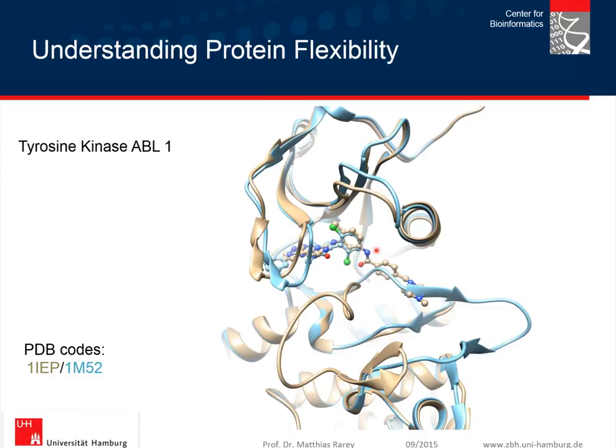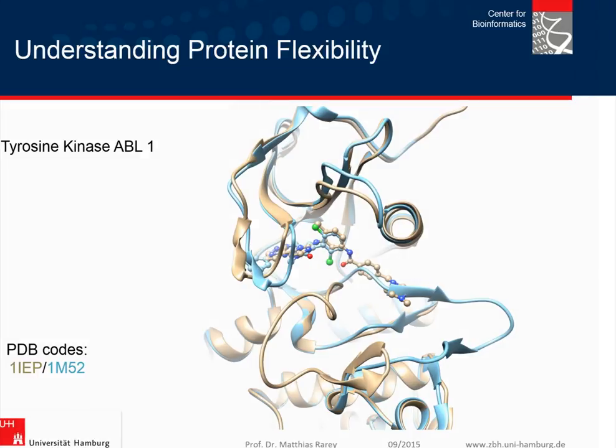We are interested in creating ensembles of protein structures because we want to gather all the information which is available on proteins, especially on protein flexibility, when we do these kinds of modeling endeavors. You all know that having the right protein structure might be essential. Here's a first example, tyrosine kinase. You probably know these structures, with the DFG in and out conformation, which is a huge change in the structure of the protein and makes binding of the small molecule